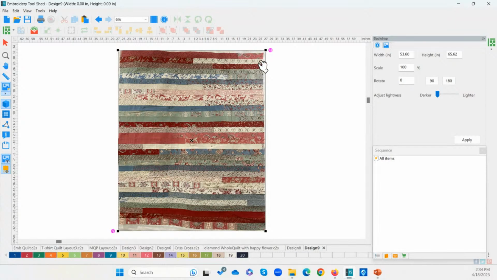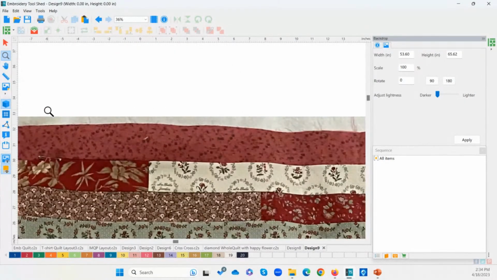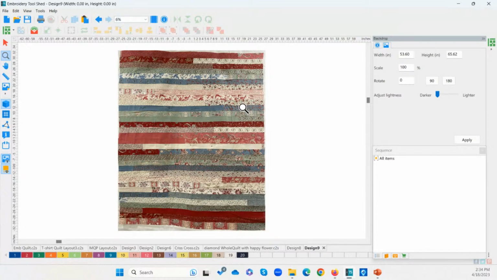Now, something I want to point out, notice that this image has some white space around it. That's my batting, because I had already basted this quilt and I hung my clips by the batting, so that I could get a picture of the entire quilt. So when you put in your measurements, this measurement that you get here is the measurement of your entire backdrop, which has some white space around it.